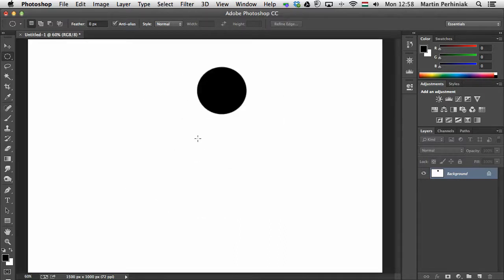So now that you understand what anti-alias is, it's very important to also know on which tools it is an option to turn it on or off. Well, we already know that on the elliptical marquee tool, it's an option that's available. On the magic wand, we also have anti-alias. Then on the lasso tool, we also have it, as you can see. And most of the time, by default, these options are turned on. Then on the other lasso tools like the polygonal lasso tool and the magnetic lasso tool, we also have anti-alias. And it's also important to remember that even for the type tool, we have anti-alias options,